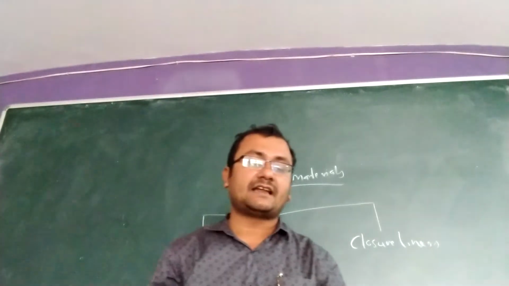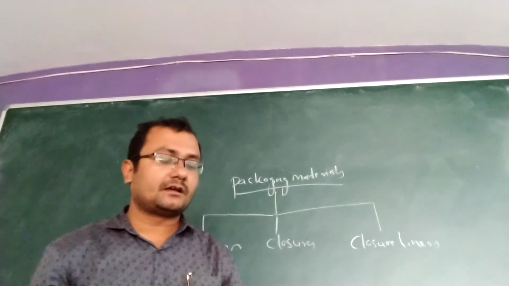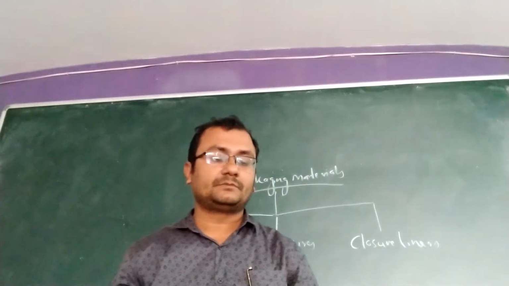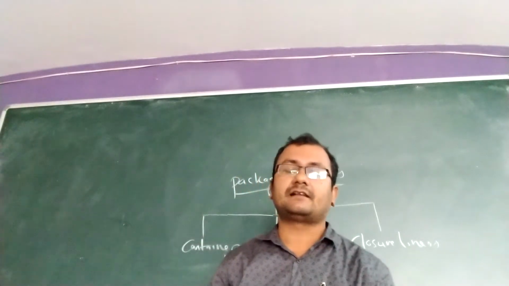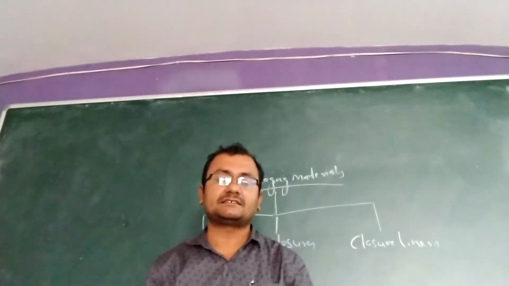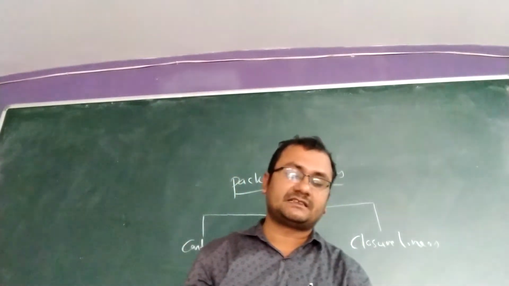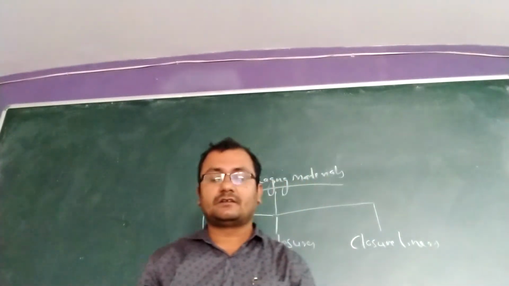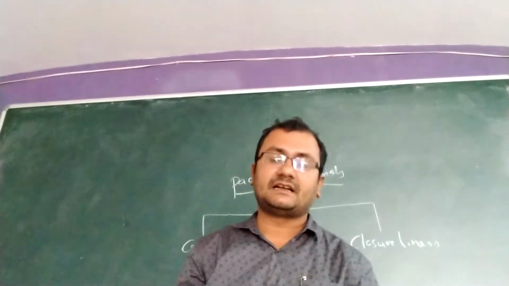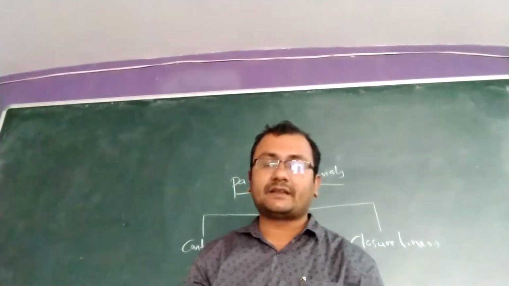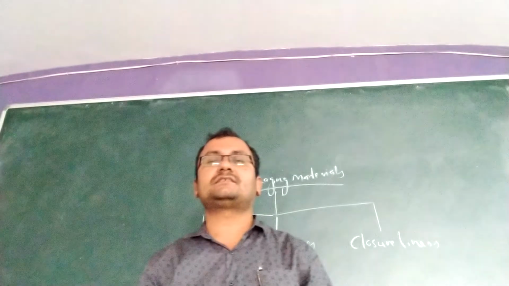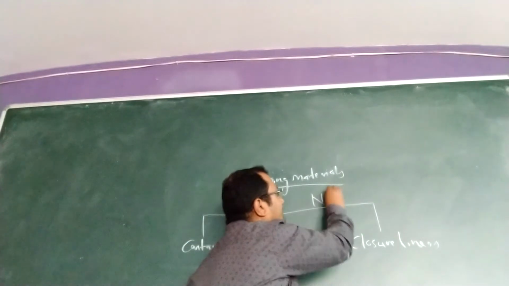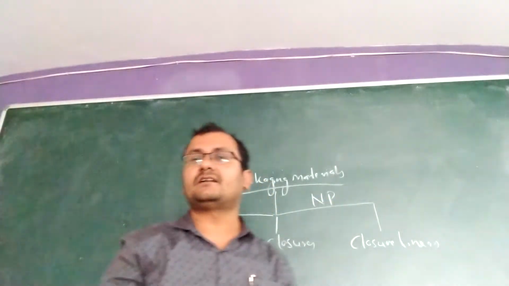With this we are also using type 2. It is also a soda lime silica glass, and also it is called soda lime treated glass. Then type 3 glass. Type 3 glass means also soda lime silica glass, but it contains more amount of bleachable oxides than type 2. And type 3 is also called NP glasses. NP glasses means non-parenteral glasses. That means these are not suitable for parenterals.